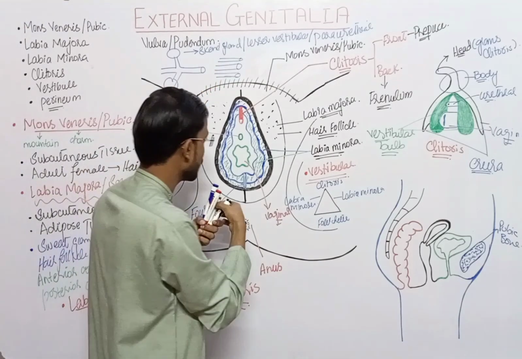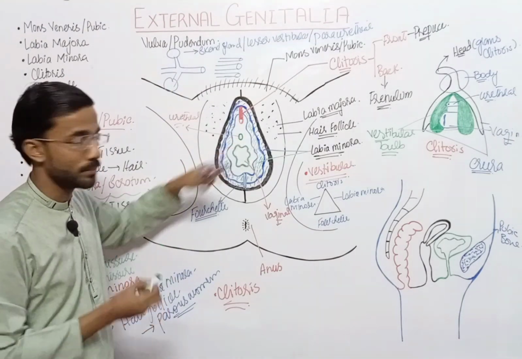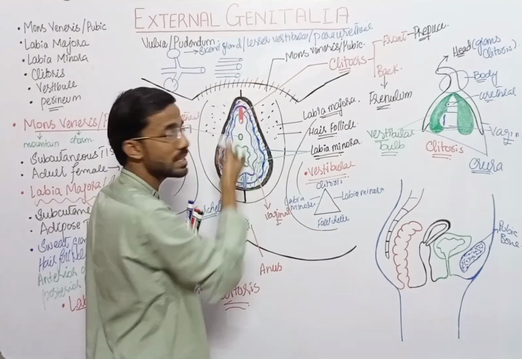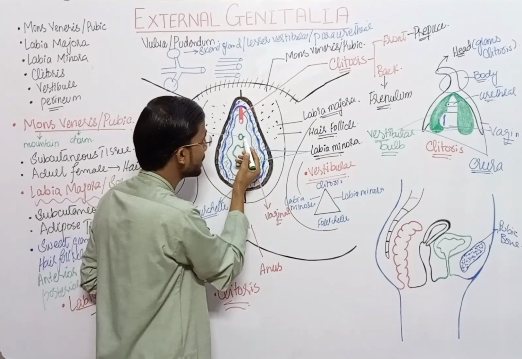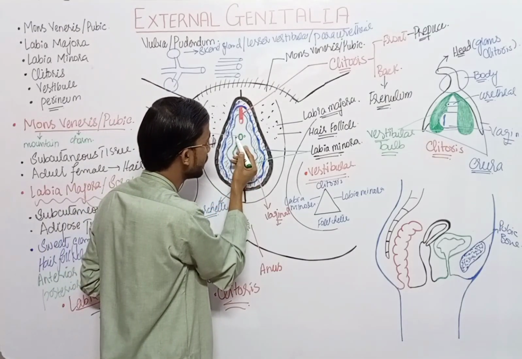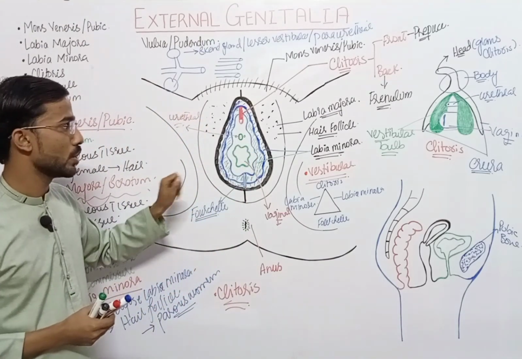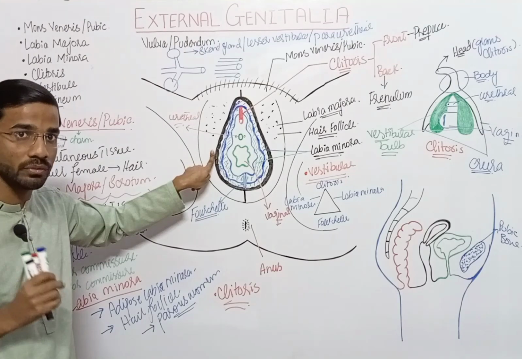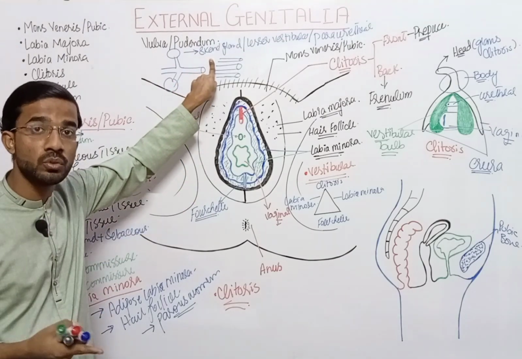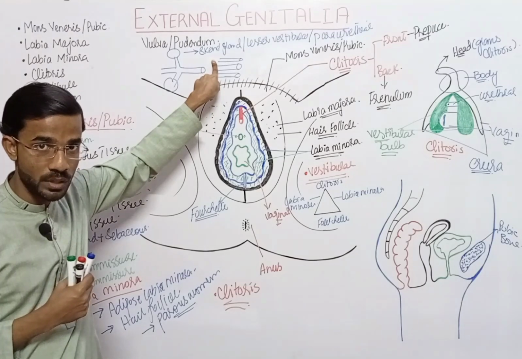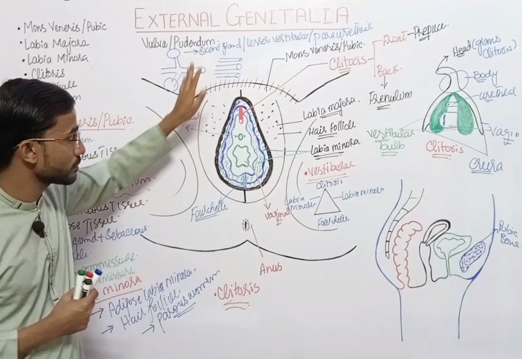So here you will see, if they attach to the urethra, the opening will be one. But if these glands, or you can say Skene's glands, open separately, then these are actually prominent in the vestibular region. So these are basically the two cases of the Skene's gland. And Skene's gland is analogous to the prostate gland in the male.